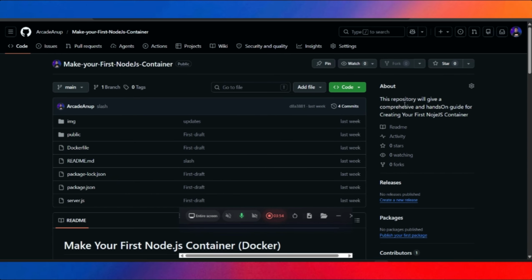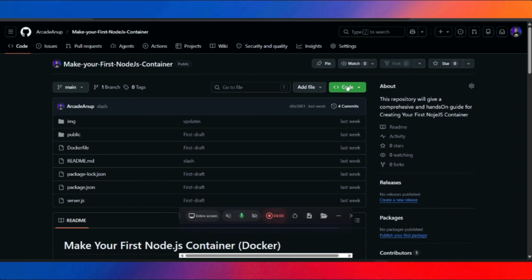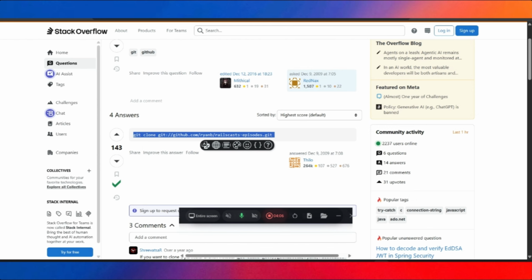You can fork the repo, and a star would be very generous. Then you can just clone from here. If you don't know how to clone, just type on Google how can you clone a GitHub repo. You can see that you have to use git clone and the URL, which will clone the GitHub repo into